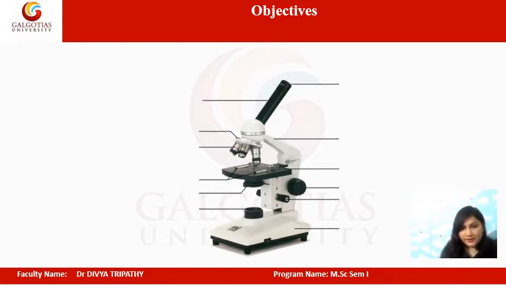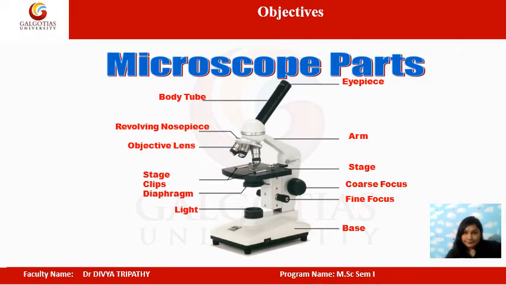Okay, I am giving you 2 minutes. Just do this exercise in your mind. Then I will show you the correct labeling of the parts of the compound microscope. Then after we will discuss each and every part one by one. Okay, so I am giving you 2 minutes. Just label this compound microscope. I think you have done. So I am changing the slide so that you can check your answer.